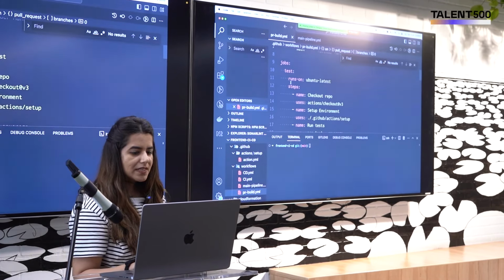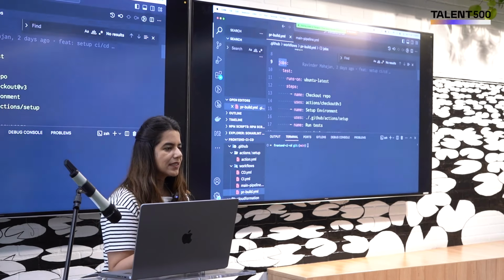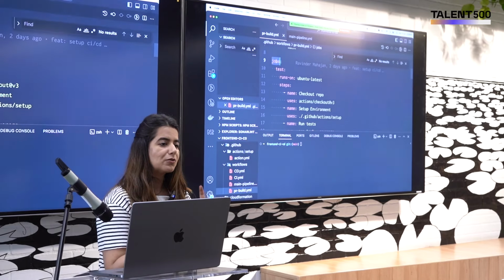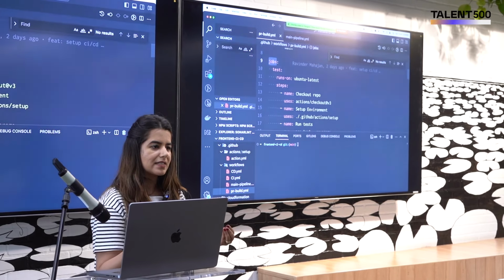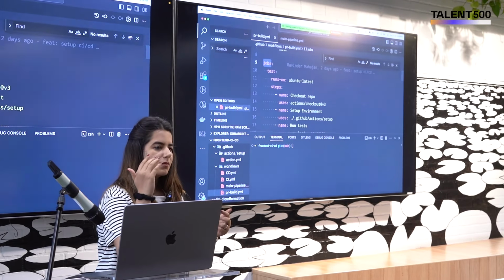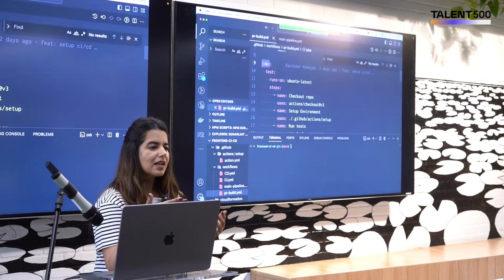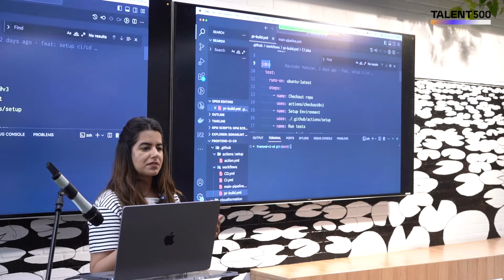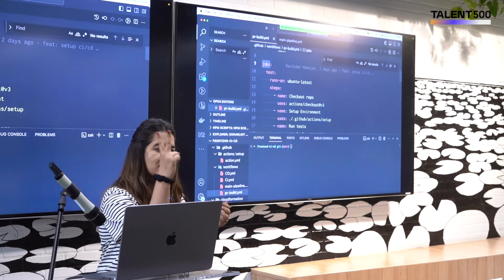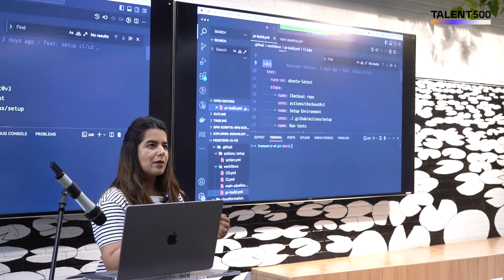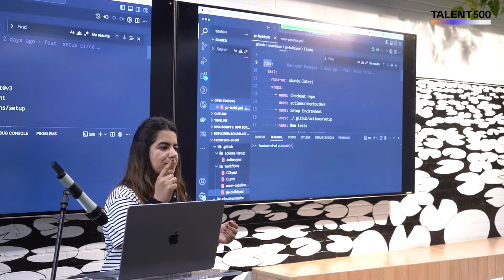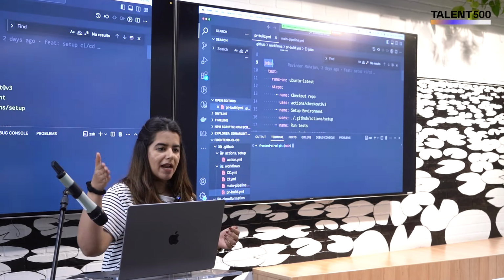Cool. Now the next thing you see is the job, right? A job is a task. You can ask your pipeline to first install the dependencies. You can ask it to test. These are the jobs or tasks that you want to run. Okay, now what do you think? When these tasks run, are they running in parallel or in sequence? When I say I want to install the dependencies, that is my first job. I want to run the test, that is my second job. I want to do a security scan, that is the third job. What would you expect? Do you expect them to run in sequence or in parallel?